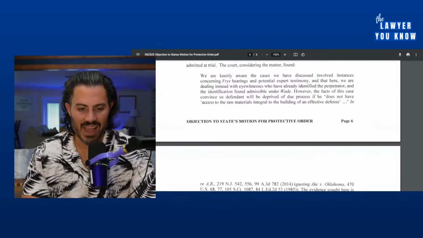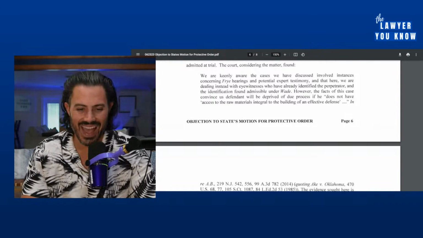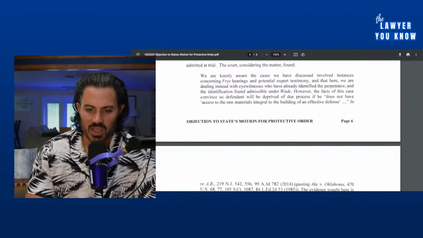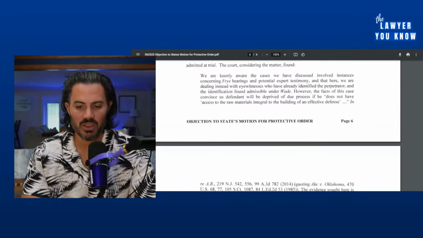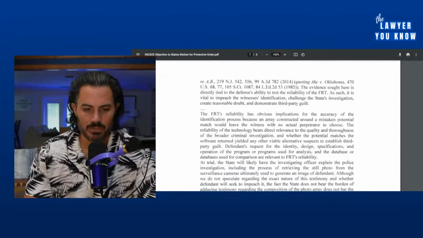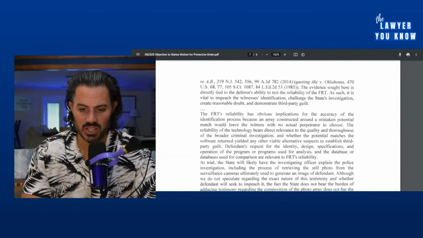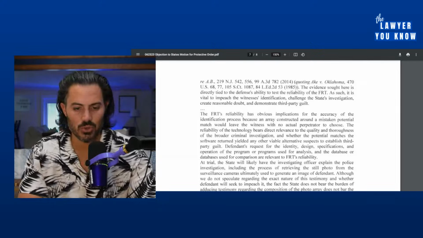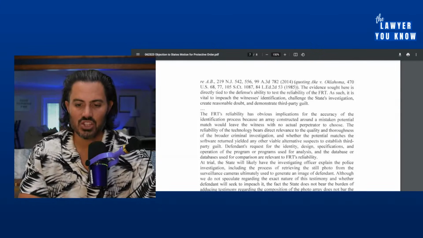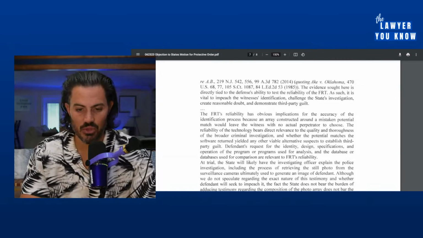However, the facts of this case convince us the defendant will be deprived of due process if he does not have access to the raw materials integral to building of an effective defense. The evidence sought here is directly tied to the defense's ability to test the reliability of the FRT. As such, it is vital to impeach the witness's identification, challenge the state's investigation, create reasonable doubt, and demonstrate third-party